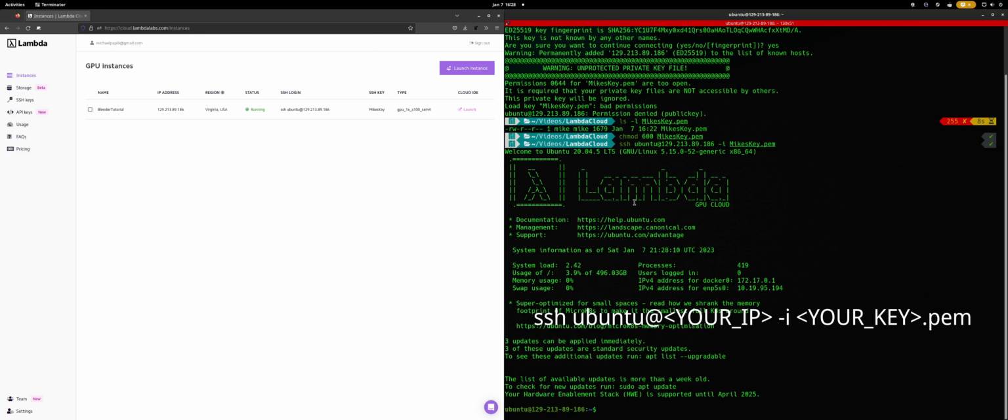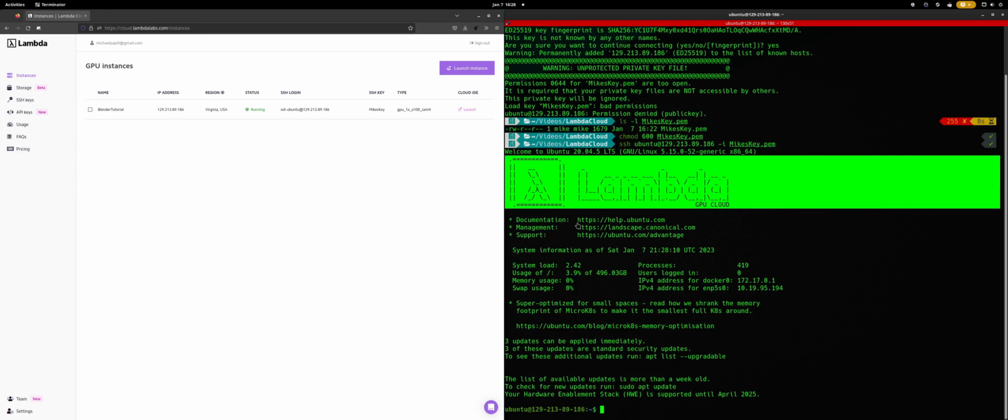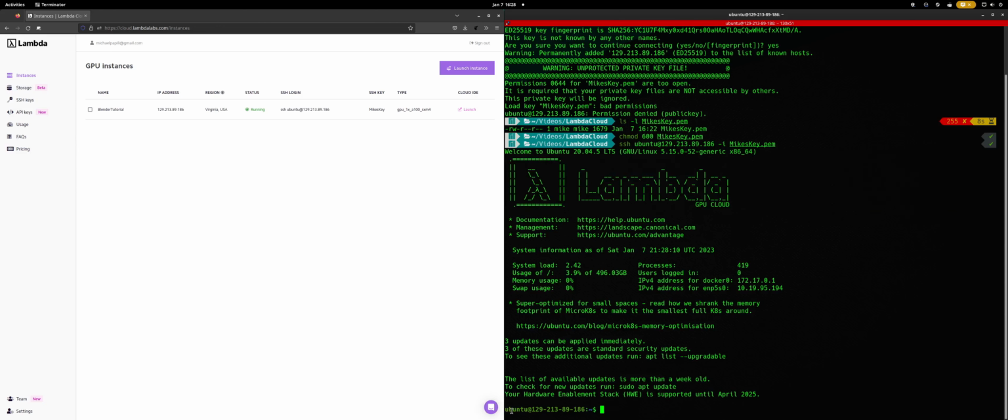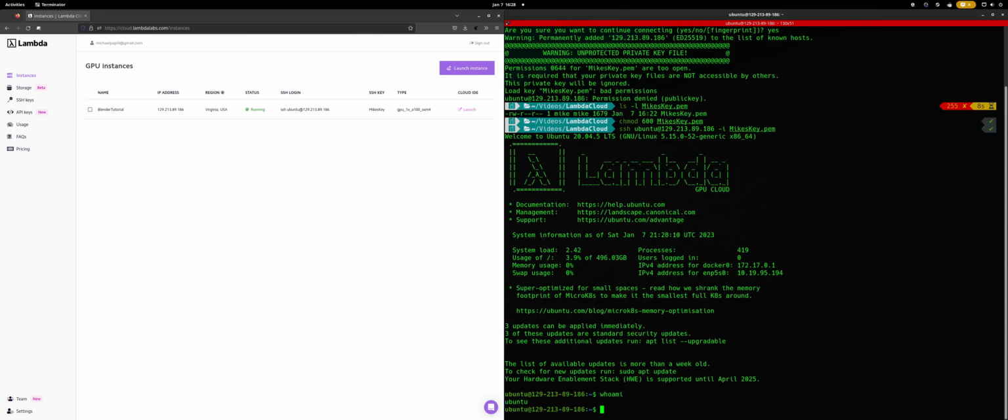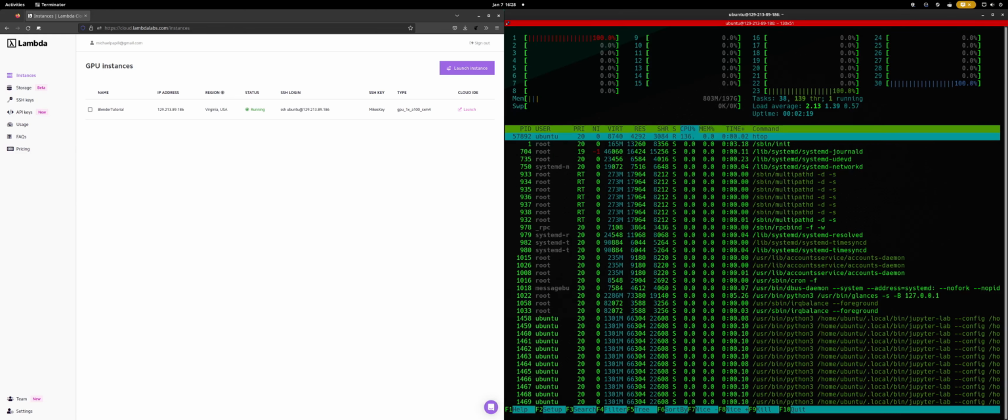This is the exciting part, right? I love this prompt, because it's so splashy. I don't know, I kind of like it. So we're in, we've got our server. As you can see, our username is ubuntu. What's our host name? Okay, our host name is just set to our IP address. That's cool. But just to verify that we have everything that we're looking for,